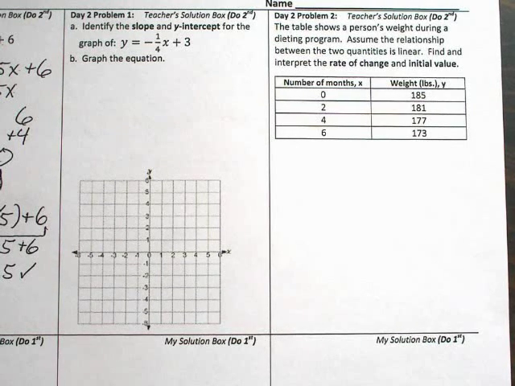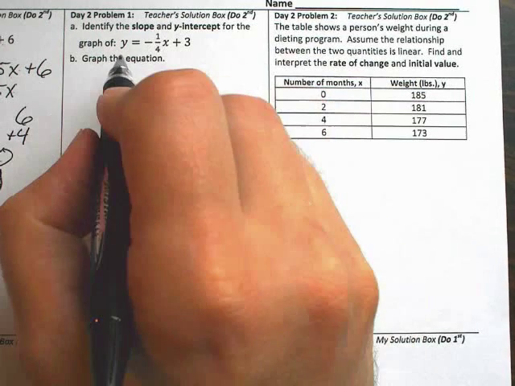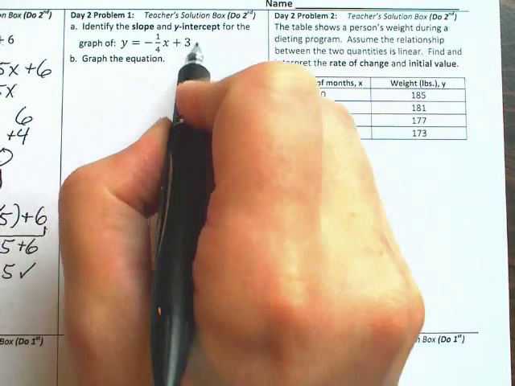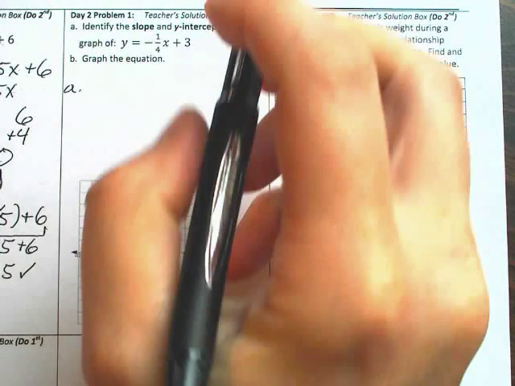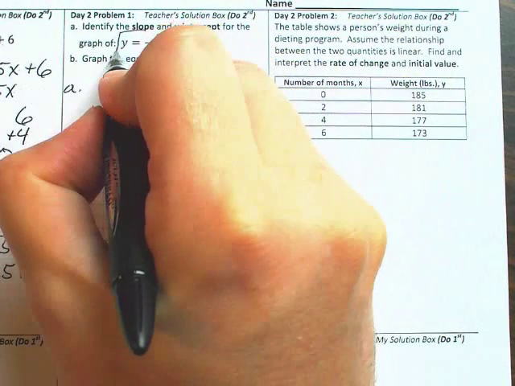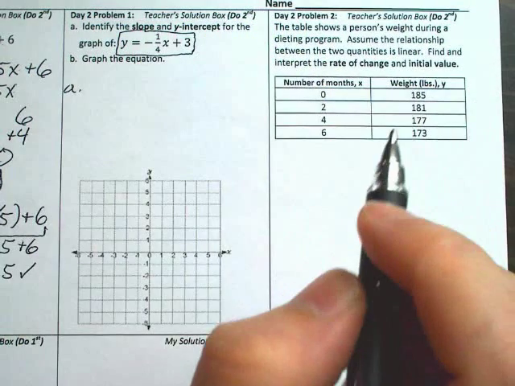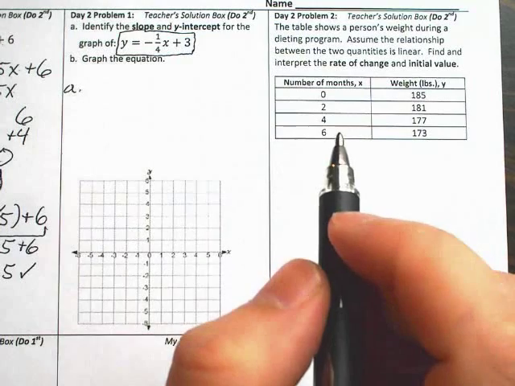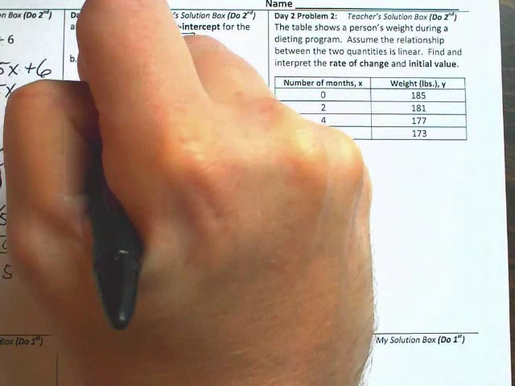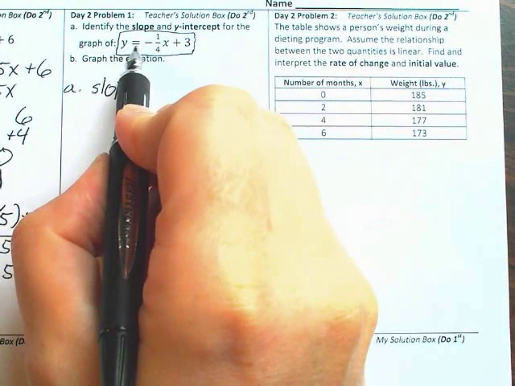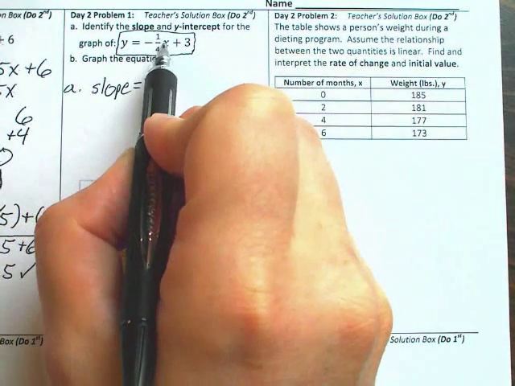Day 2, Problem 1. Identify the slope and y-intercept for the graph of y equals negative 1/4 x plus 3. This equation is in a particular format called slope-intercept form that makes it very fast to find the slope and y-intercept. When an equation is written in this form, the letter y alone, then equals, then the x term, and